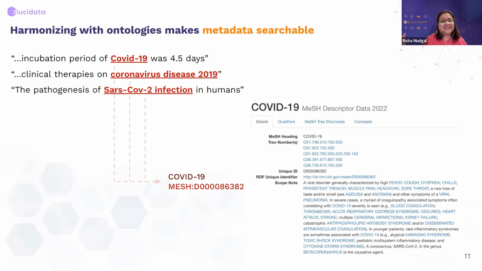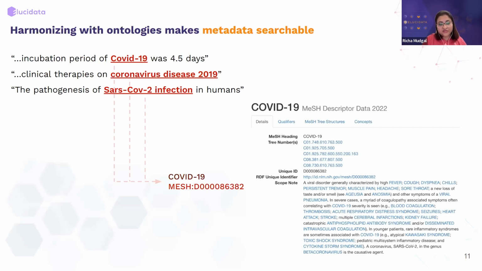Clearly, first is metadata richness. We have all of the original metadata that exists with this. But like you said, everyone has a different way of calling even the simplest of things. For example, we could call it COVID-19, or coronavirus disease, or SARS infection, all of which we know indicate the same COVID-19 disease. Such information needs to be harmonized, and one of the ways that we have identified is to